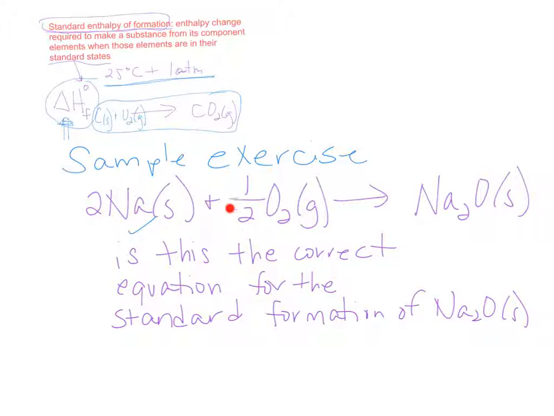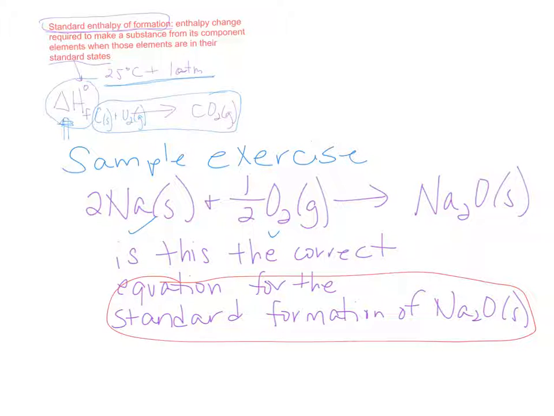Oxygen at 1 atmosphere and 25 degrees Celsius is a gas. We breathe oxygen. We're at 25 degrees, so it's a gas. So this is correct. So these are the elements in their standard states as they would have to come together to make sodium oxide, the solid. Your heat of formation equation has to be balanced, and this one is 2 sodiums, 2 sodiums. 1/2 O2 gives you 1 O. So this is correct. This is the correct way to write the equation for the standard formation of